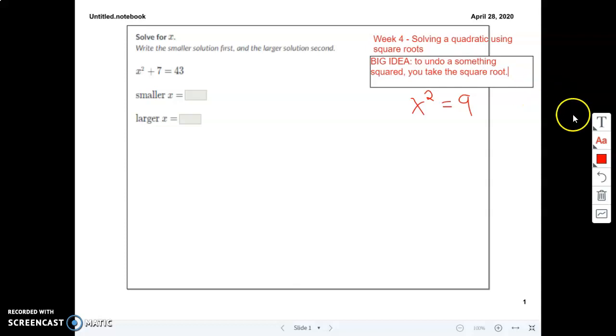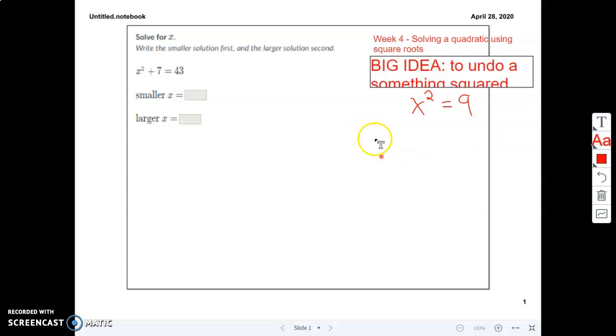Okay, that's the big idea, but there's one more thing that we have to make sure we remember when we do this. Okay, we have to remember,